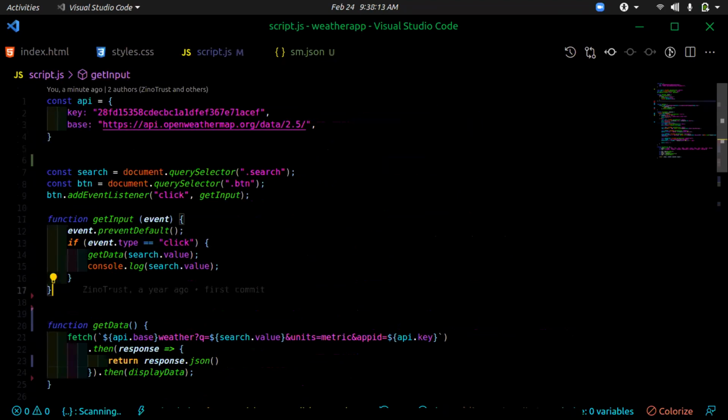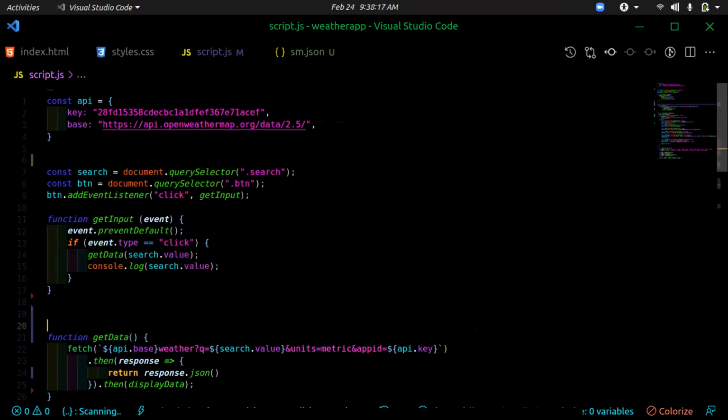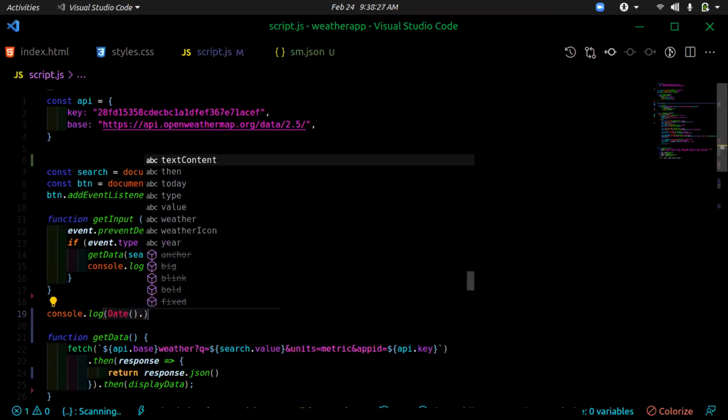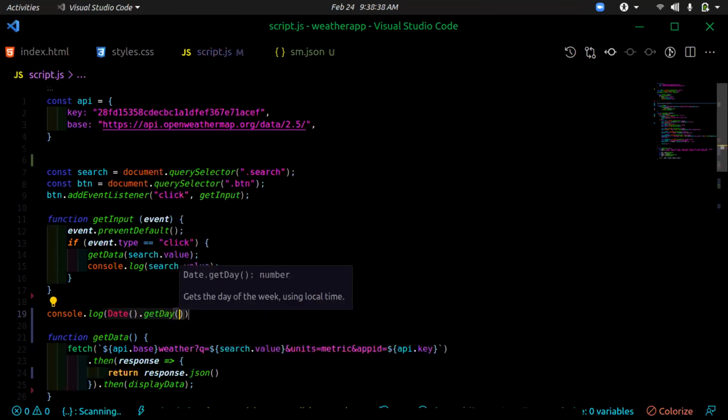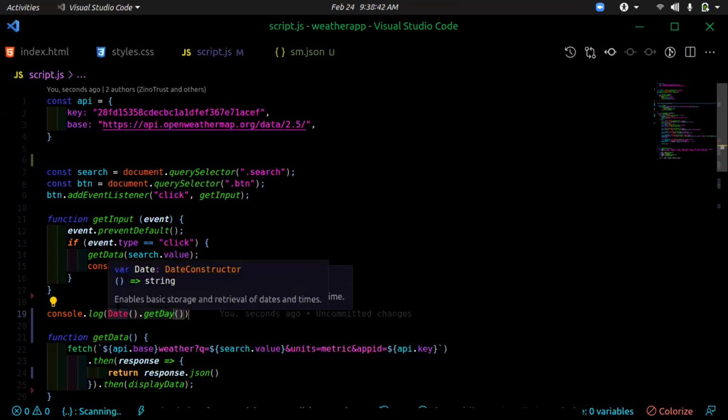Now, we have the const. Oh, I want to show. We have console log, then we have date, then dot. There are a couple of methods that we can pass to this date. We have this get day method, right? What this does is it will get a day from the date that we are printing. It will get the day only. So if we go with that,